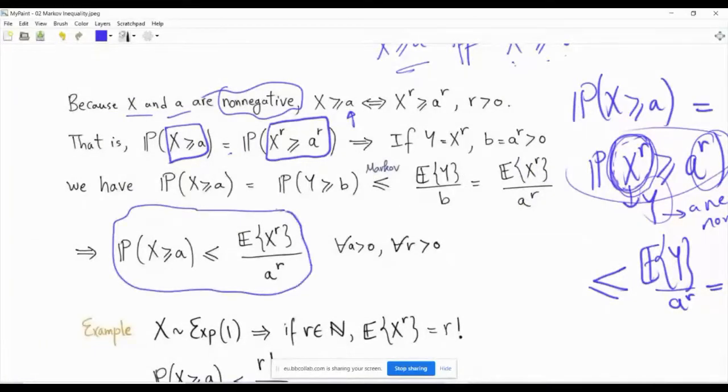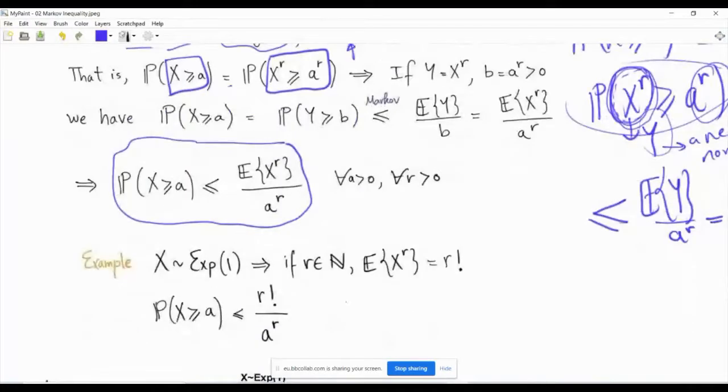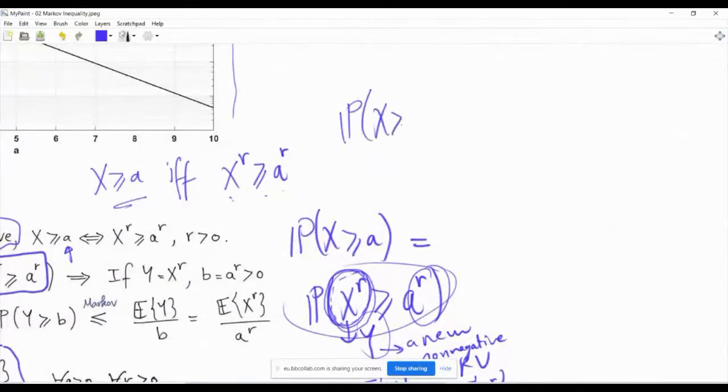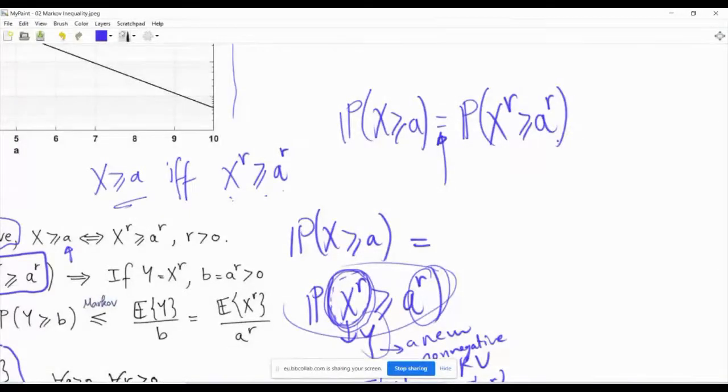Again, this derivation relies on Markov inequality. It's just a one line derivation. Let's do it again. The probability that x is greater than or equal to a, before doing the Markov step, I can raise both sides to the power r, and I have an equality here, because x and a are non-negative quantities, so raising them to the power r or to the power 1 over r, these two are the same. If this is true, this is true. If this is true, this is true. The events are equivalent, and so they have the same probability.